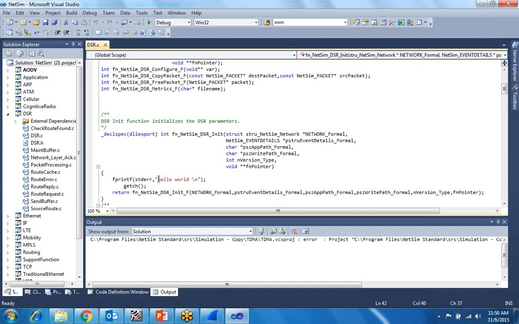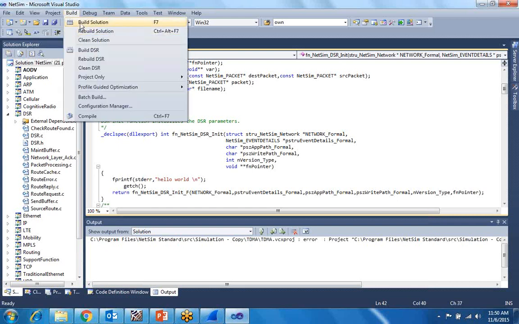After you press the enter button, then it will go to the simulation. I'll show you. You just have to build this.